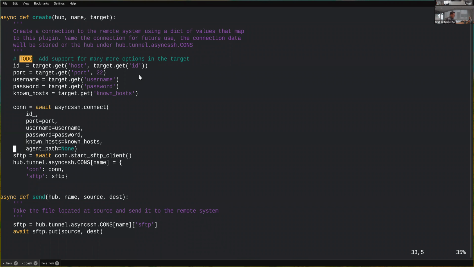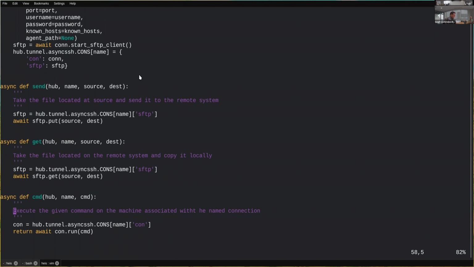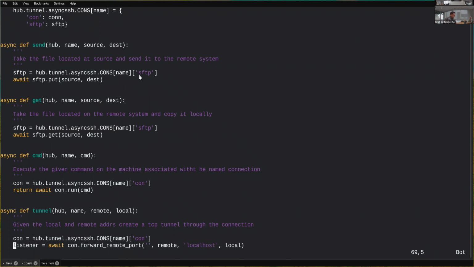All I've got to do to support different login capabilities here is just add them to this connect function. It's just a dream come true. And then to send, it's, oh wow, 2 lines. To get a file, 2 lines. To run a remote command, 2 lines. And to build an actual reverse tunnel, 2 lines. Async SSH is just one of the most beautiful things ever.